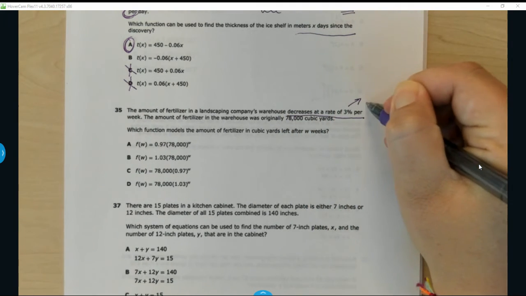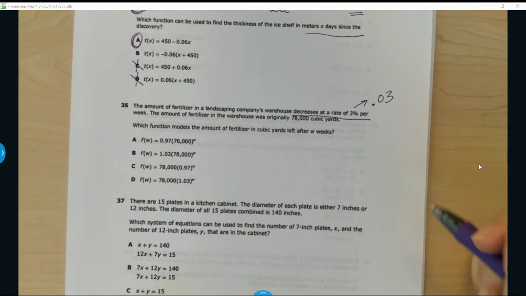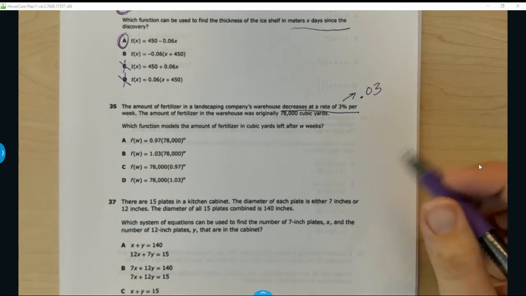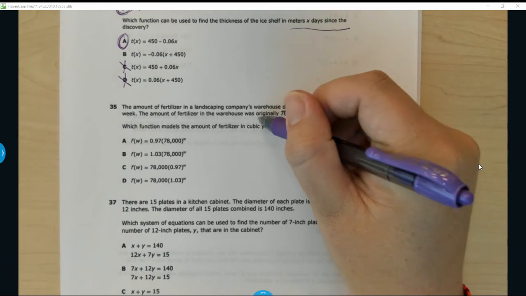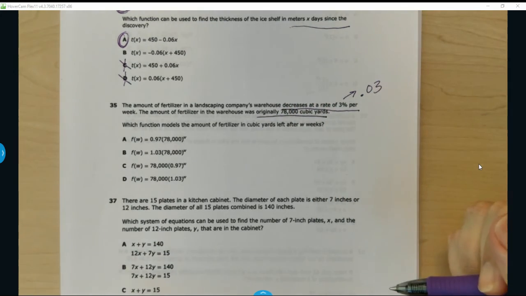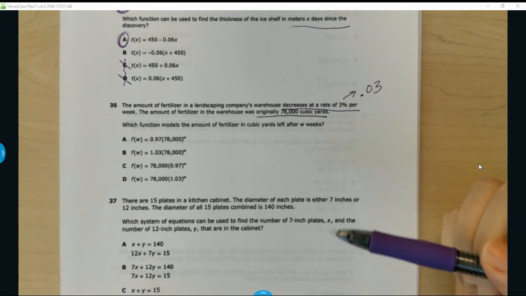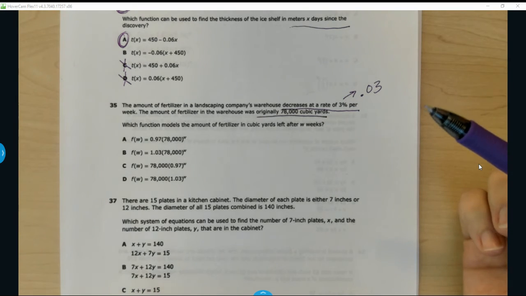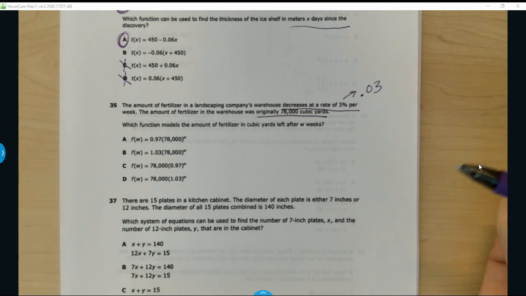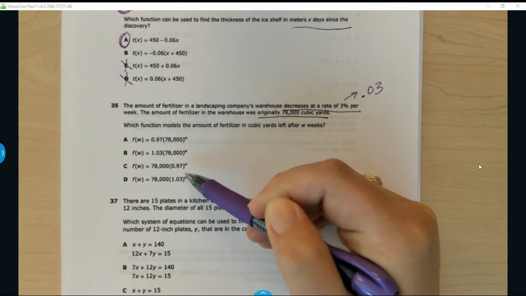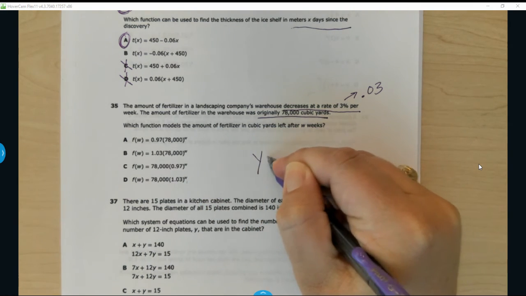Well, I know I'm thinking about, I need to change that to a decimal. So I'm going to change that percent because I know that's what I need to do. The amount of fertilizer in the warehouse was originally 78,000 cubic yards. So that's our starting value. Which function models the amount of fertilizer in cubic yards left after W weeks? Looking at this, what kind of function is this? That's right, it's going to be